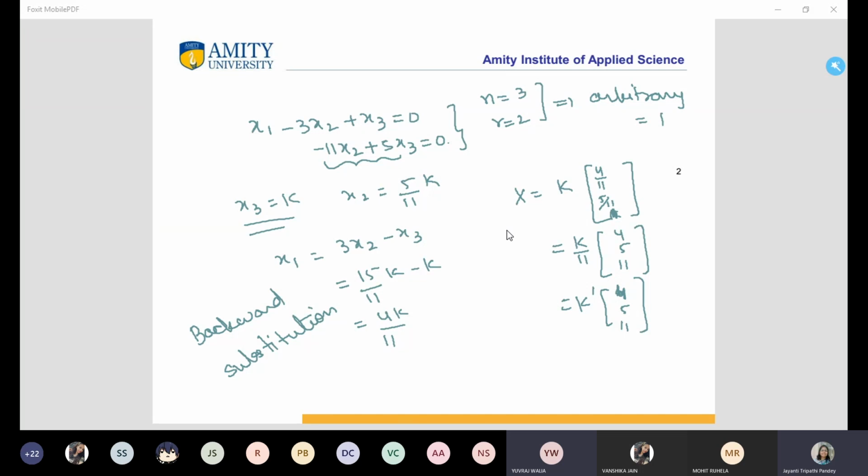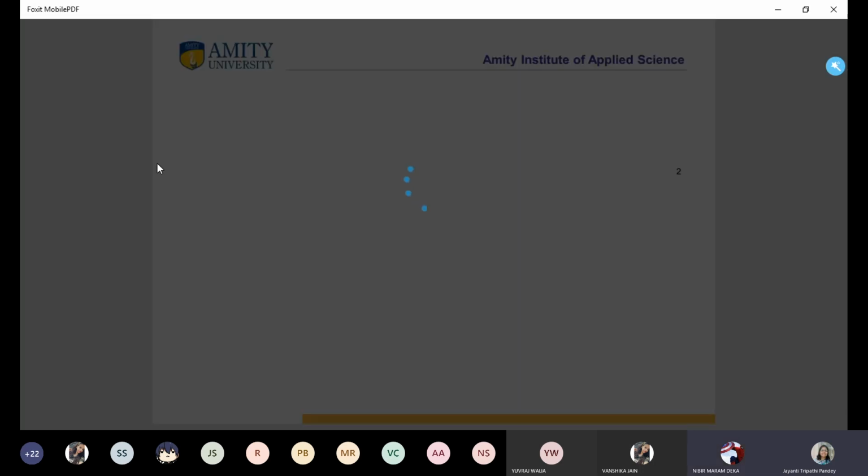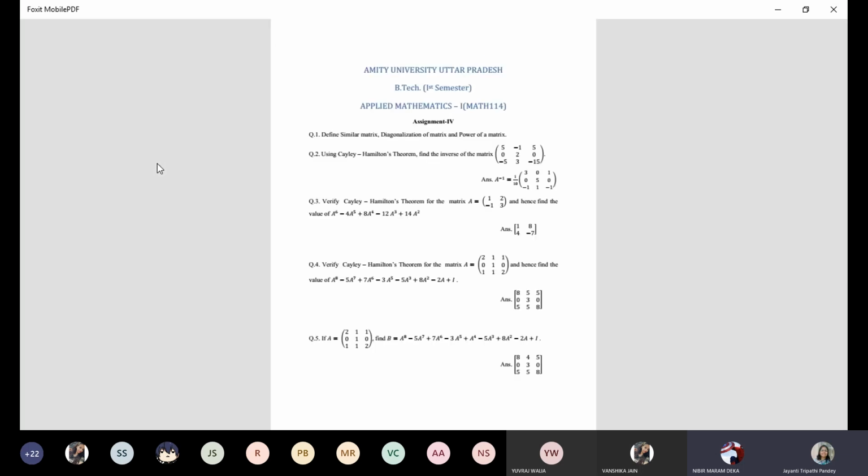Excuse me, ma'am. I have a question. Is it necessary to reduce the matrix with elementary operations after getting the eigenvalue? It is up to you. If you reduce it, it saves your time. Otherwise, you have to do it using backward substitution. Ma'am, in question 6 of assignment 3, I'm not getting the exact eigenvectors that are in the assignment answer set without reducing it, so I was confused a bit. No, don't get confused. Check your calculation. There must be some error in the calculation.